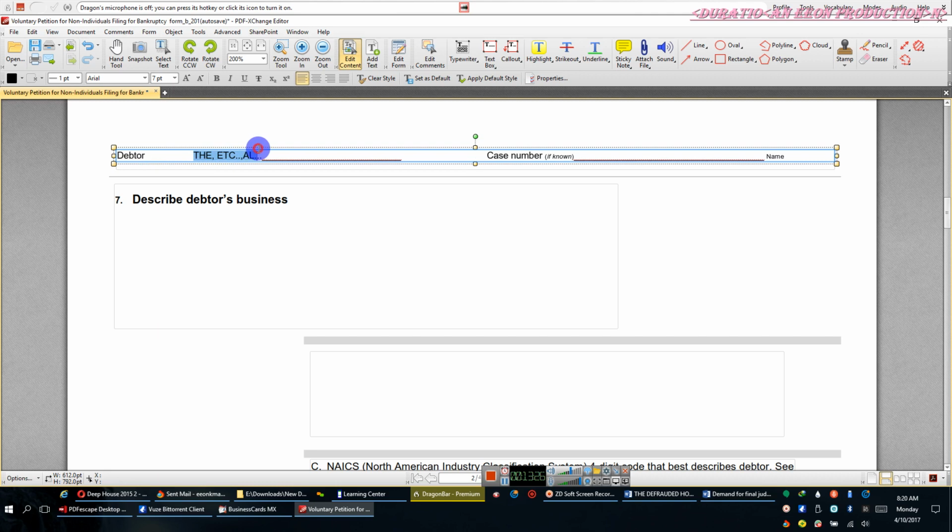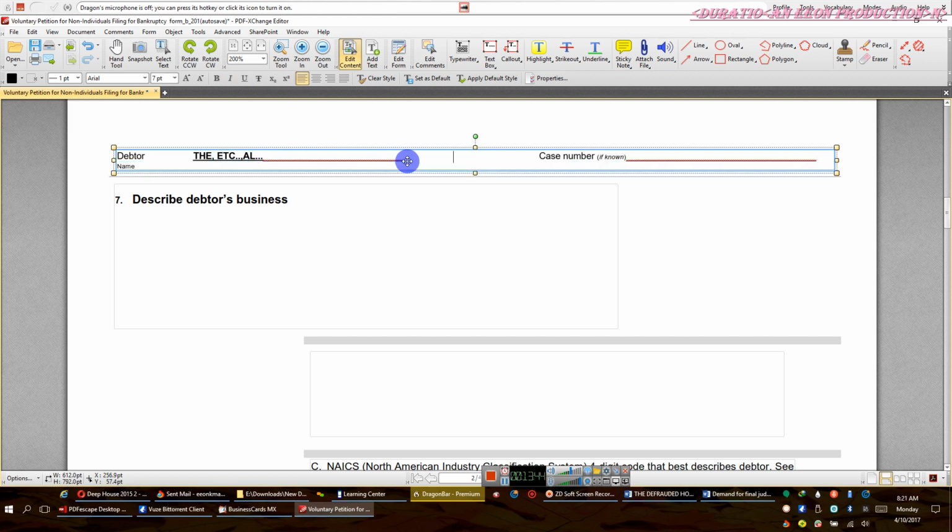That's what ETC stands for. That means that basically I don't have to write everything out. Okay, I put ETC. That means that I'm including everything else that should have been, could have been. Then I'm going to come to the end of this line and keep going forward until name drops to the bottom. And then when name drops to the bottom, I need to push it over. So in order to do that, I have to hit the enter button to get it to drop down so that it'll move over.